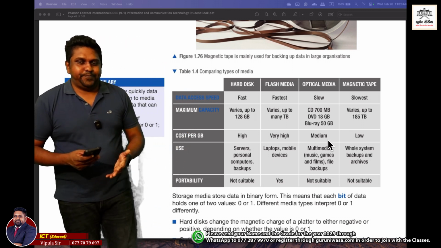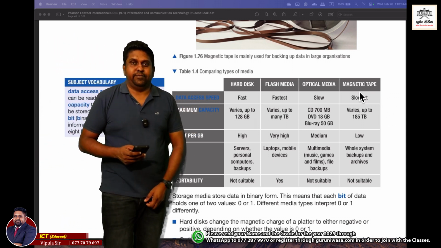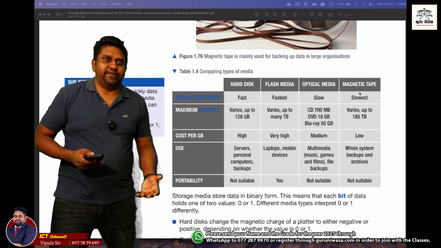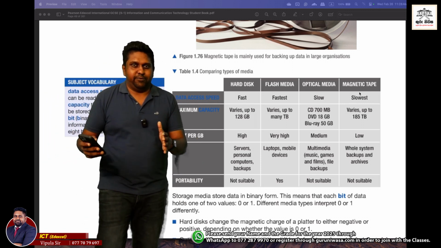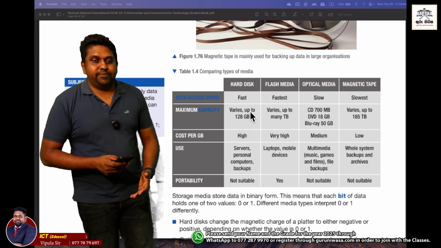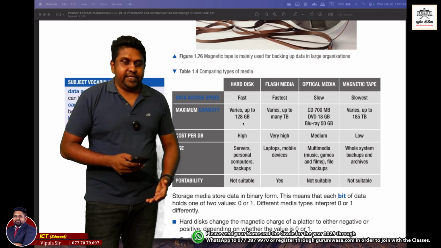That is slow. But the slowest is the magnetic tape, because you can't just rush through it or jump to a specific location, because you have to gradually go through it step by step. So, maximum capacity: hard disks have a certain capacity. So this says 100 and